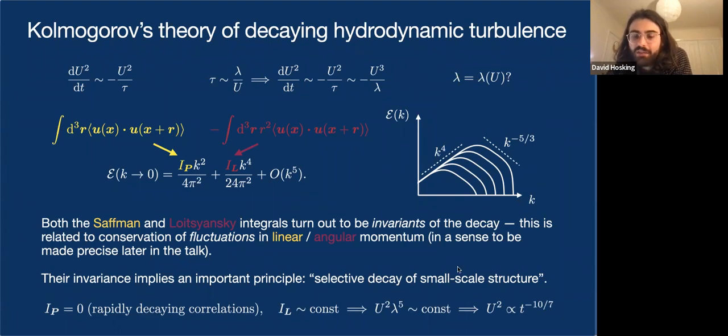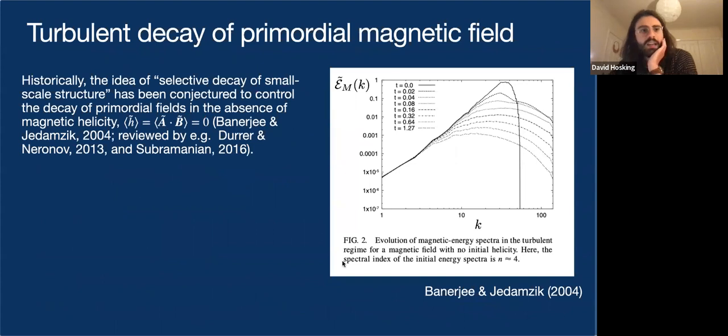I plug that in here and I find that u squared decays like t to the minus 10/7. So that's the Kolmogorov decay law for hydrodynamic turbulence. Right. So now, how do we apply this idea to the decay of magnetohydrodynamic turbulence and therefore to these primordial